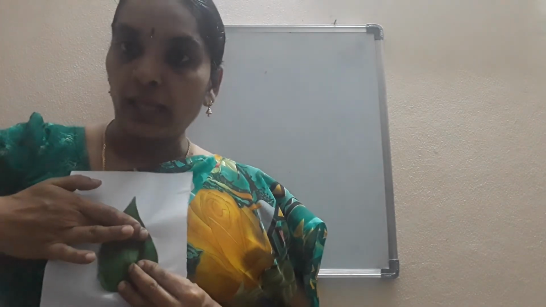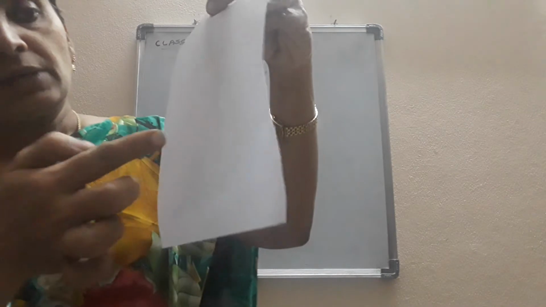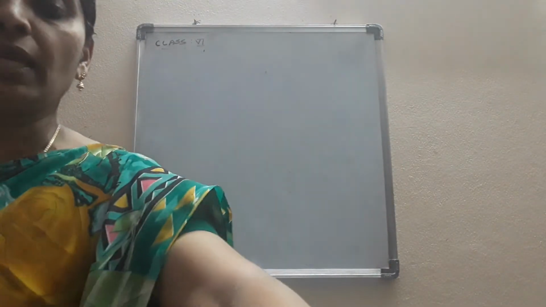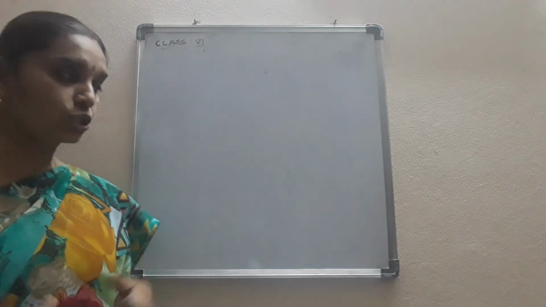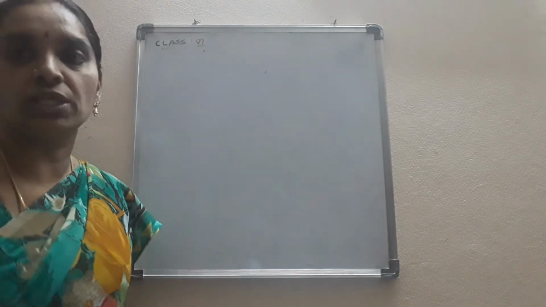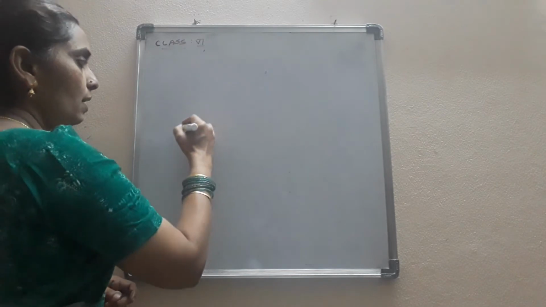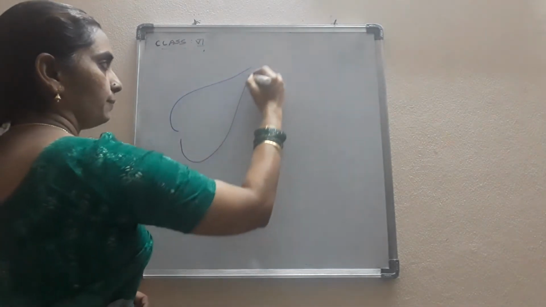If you press, then you can observe its parts over the leaf. The veins and veinlets can easily be observed as stretch marks. So you can easily draw the picture of the reticulate venation. That is about the reticulate venation.